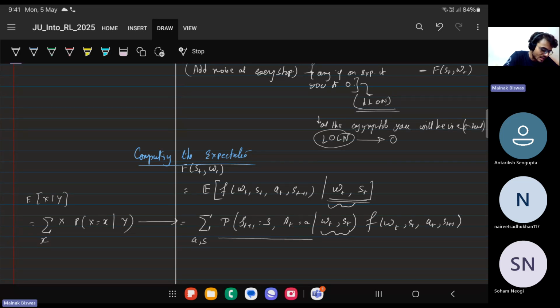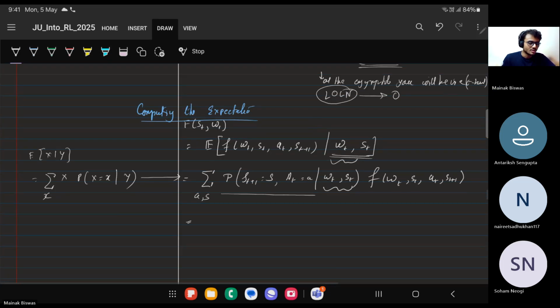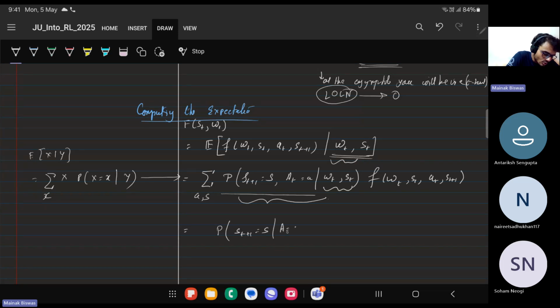Now, as Antariksh was telling me, what can I do now? See, I don't know this f function, but I can bring in the other function. Very good. In the conditioning side, I would introduce the policy function. Very good. That's exactly what I will do. A_t equal to a,